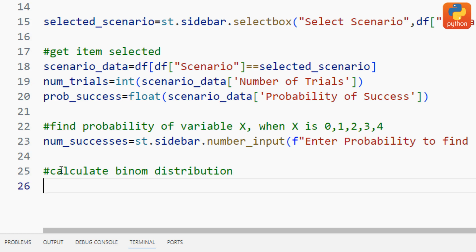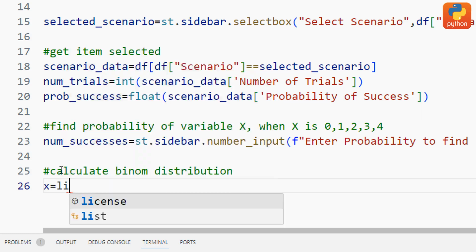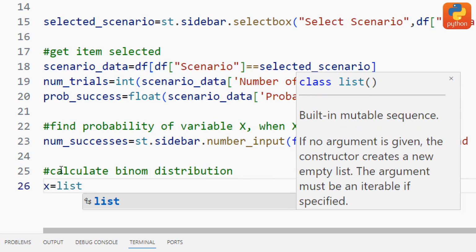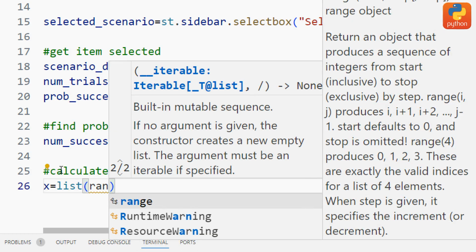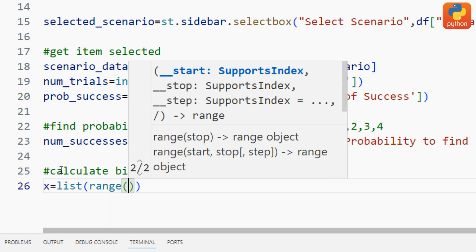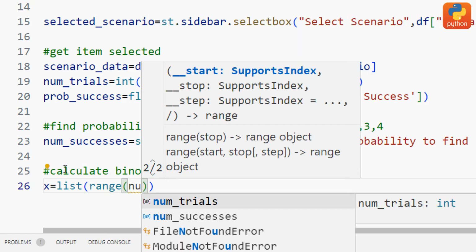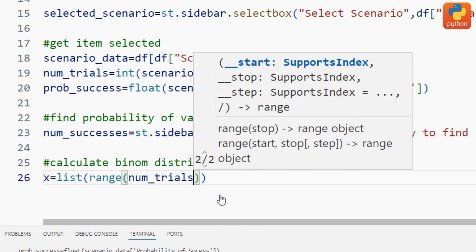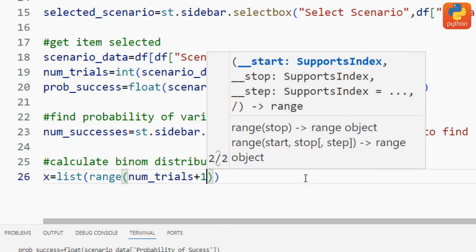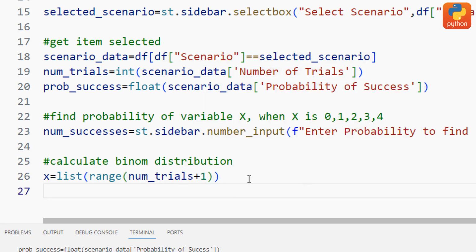So now we create a random variable x as user defined variable equal to list. In user defined variable, then you choose a range. Range equal to number of trials plus 1. Now create a user defined variable probabilities. Okay, probabilities equal to